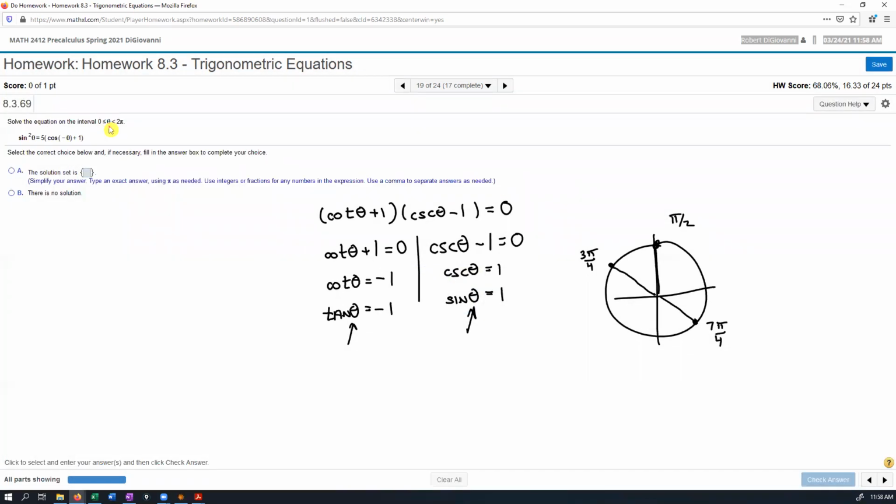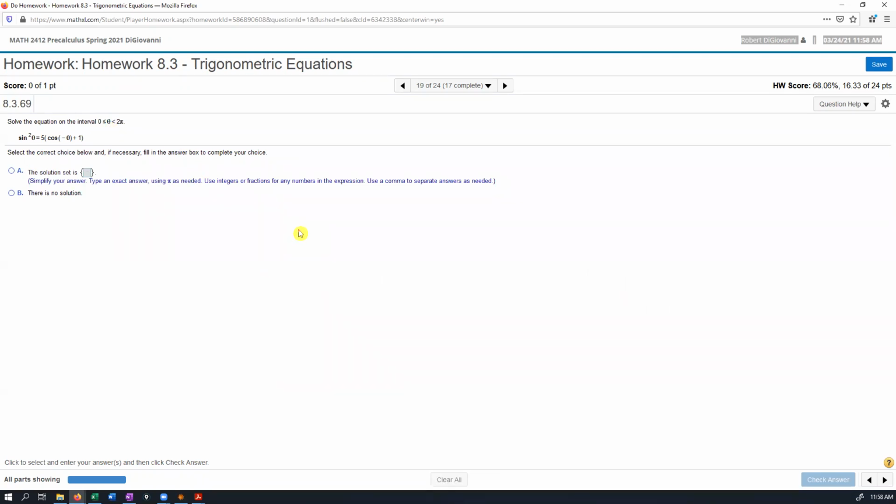All right, this one looks nice. Sine squared theta equals 5 cosine of negative theta plus 1. Okay, so we have a cosine of negative theta here and a sine of theta squared. First thing I'm going to do is use a Pythagorean identity to get everything in terms of cosine. So this turns into 1 minus cosine squared theta. We did that in class using the Pythagorean identity. I'm going to distribute the 5 here and here, so I get 5 cosine of negative theta